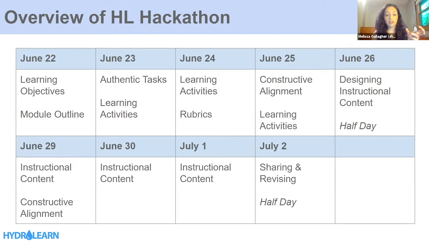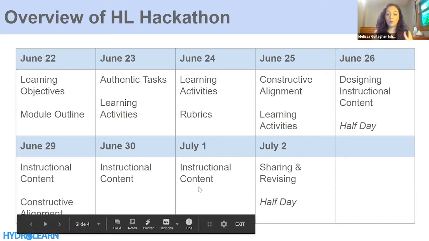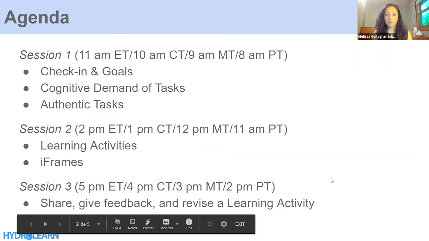Today we're going to talk about authentic tasks and start to talk about learning activities, and then we'll talk about learning activities more over the next couple of days, really working to develop a strong final learning activity anchored in an authentic task, while also developing maybe some smaller learning activities that students would engage in along the way. Smaller, not necessarily in what you're requiring of students, but maybe not hitting the same highest levels on Bloom's taxonomy. And then we'll spend a lot of time after, once those learning activities are developed, working also on building the instructional content. So just to give you that big picture view.